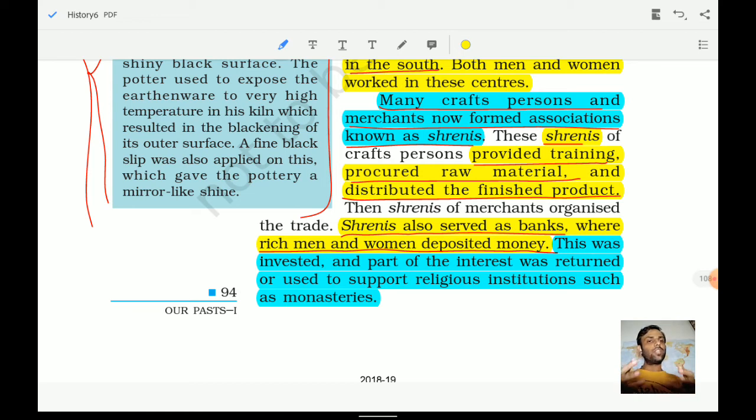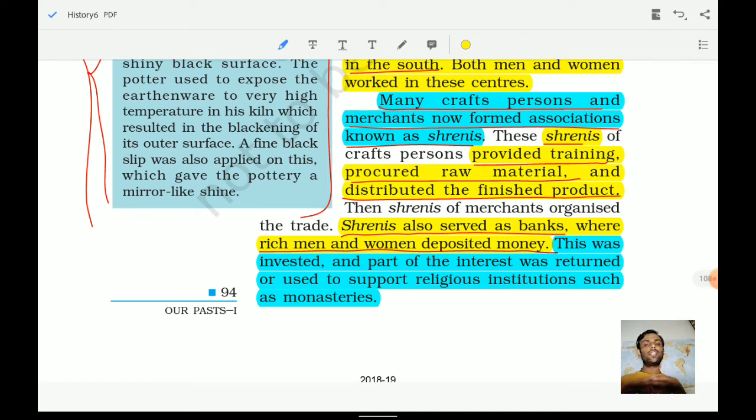So Shrenis not only played an important role for the trade, but also played an important role for the finances as well. This provided stability not only to the subcontinent, but to the people as well, and because of that the people used to stay in that area, right? So this part of interest was provided to the people who invested in these Shrenis, and